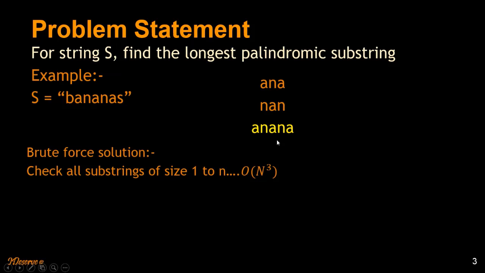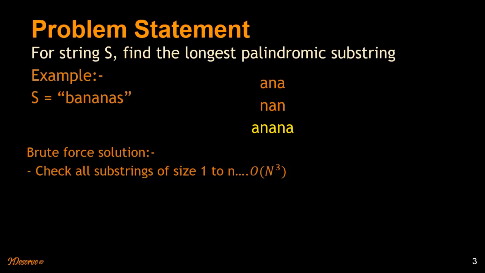So there is a brute force solution to this where we check all the substrings of length 1 to n and then test each substring to see whether it is a palindrome or not. That amounts to order of n cubed, which is very inefficient. There are three more efficient solutions to this problem, of which I am going to discuss one based on dynamic